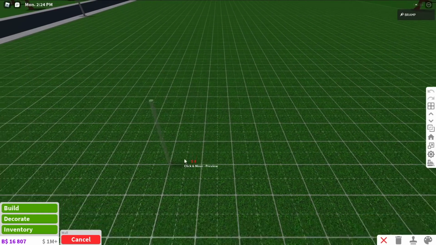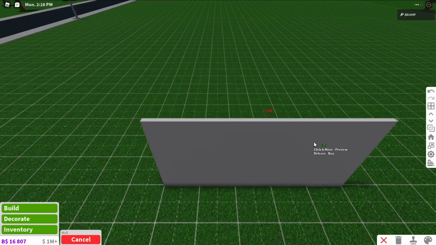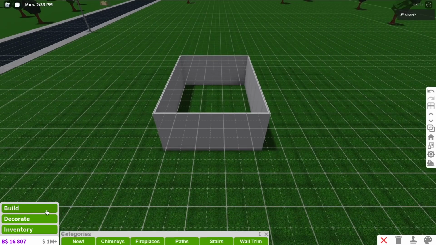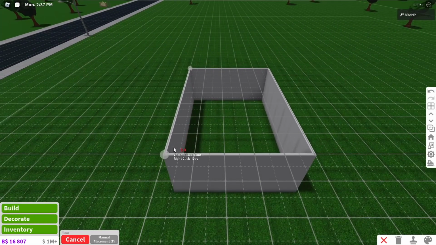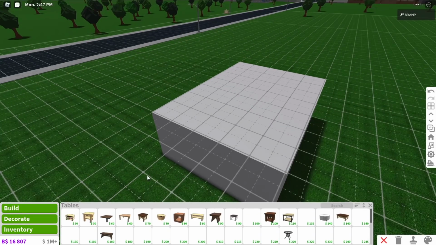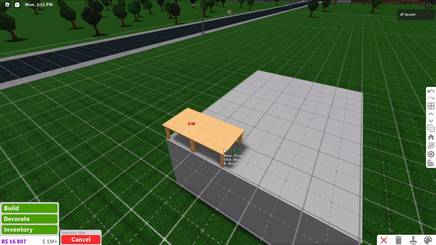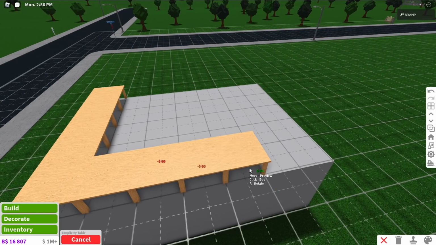So the first thing that a lot of us used to do is, when we wanted to create roofs, let's say we have this as a house, we wanted a modern house or something, and then we wanted to have a flat roof. Now before the roofing update, before you could actually drag out your roofs, we used to place tables on the roof, and I don't know, it looked good, but it also didn't, and a lot of us now regret doing that. So it basically looked like this, and we just had to fill up the entire roof with tables,